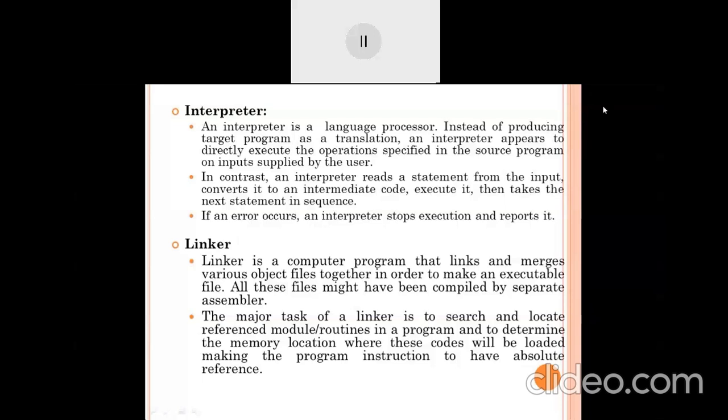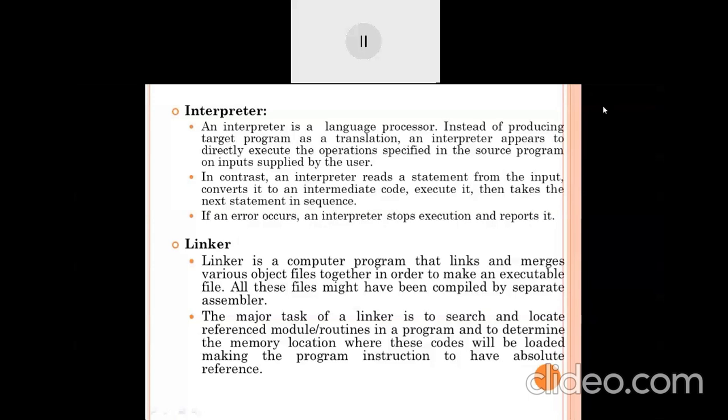The major task of the linker is to search and locate references, modules and routines in a program, and to determine the memory location where this code will be loaded, making the program instructions have absolute references. Generally, if we write a simple program in C, for example addition or factorial of a number, we just write simple code. But for a complicated problem, we use different functions.